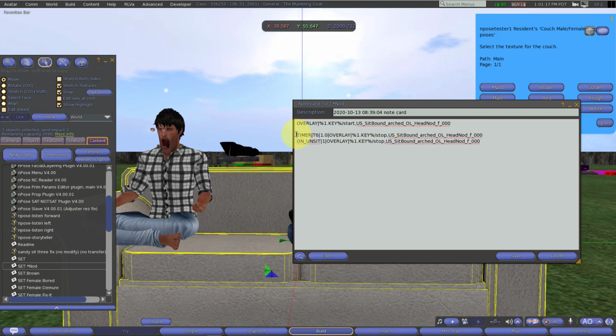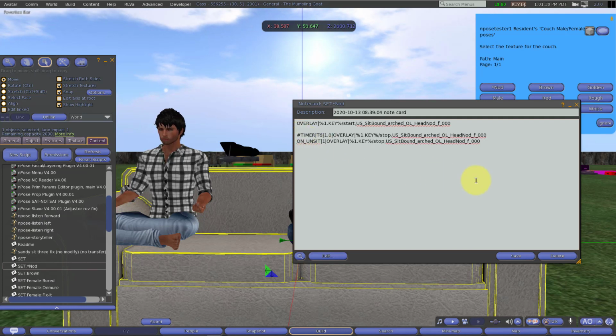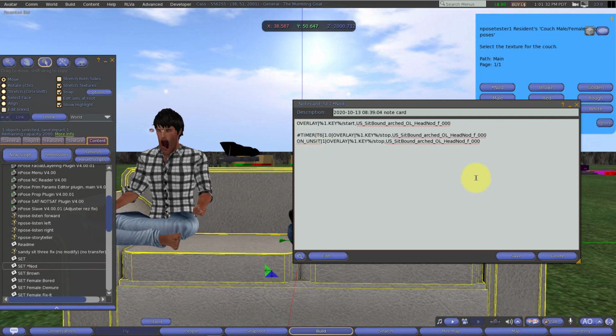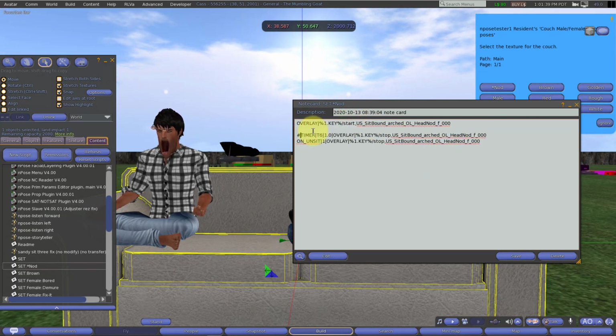Let's comment out this line. Always use the pound sign or an empty line. Pound sign if you got something that you want to be a comment. So the pound sign here is going to comment that out. As soon as nPose sees that right up front, it's going to call this a comment and ignore it for